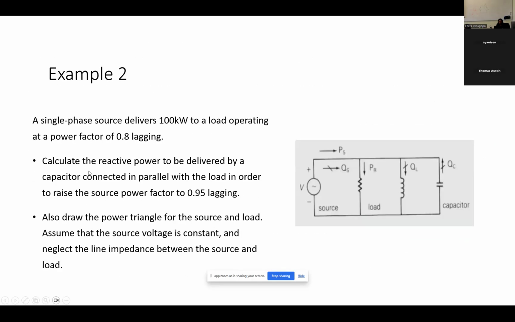Right. So the second example here, we have a source which is delivering 100 kW, load operating at a power factor of 0.8 lagging. Calculate the reactive power to be delivered by the capacitor connected in parallel with the load in order to raise the source power factor to 0.95 lagging. Okay. So this question,